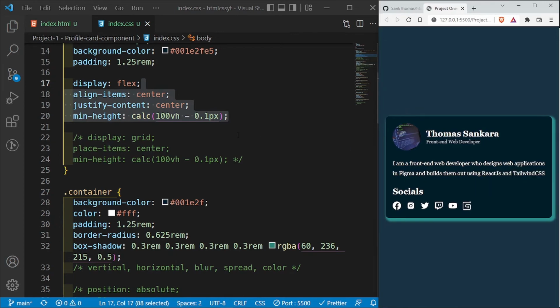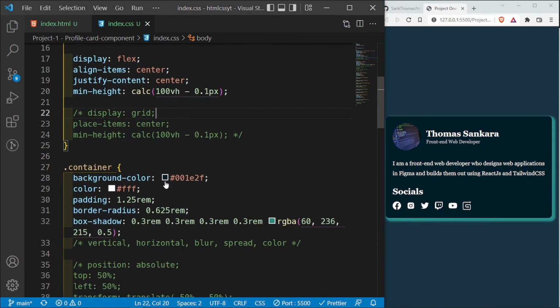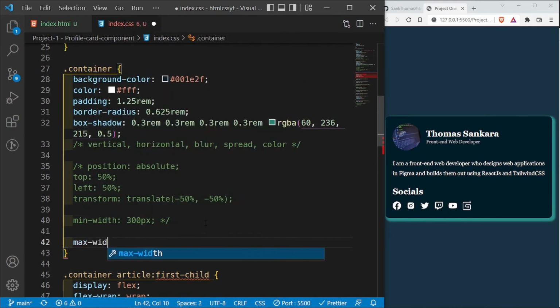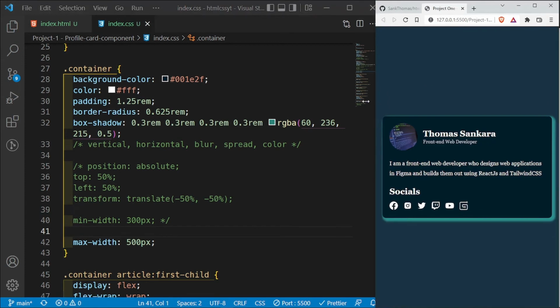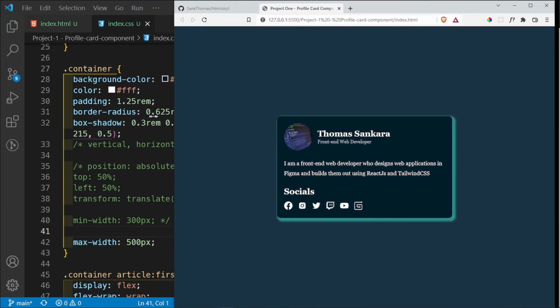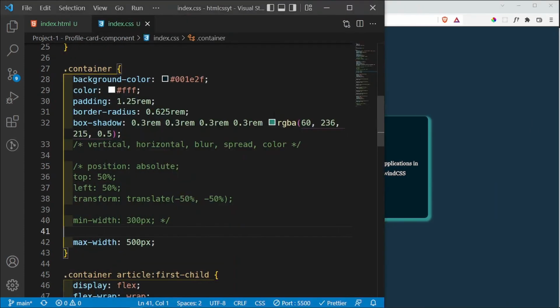But then now what I'm going to do is right on the container, I'm going to give the container a max width of 500 pixels. And what this means basically is that once the container reaches a max width of 500 pixels, it is no longer going to increase. So I'm going to save this and look at this now. Now when it reaches 500 pixels, it no longer increases,